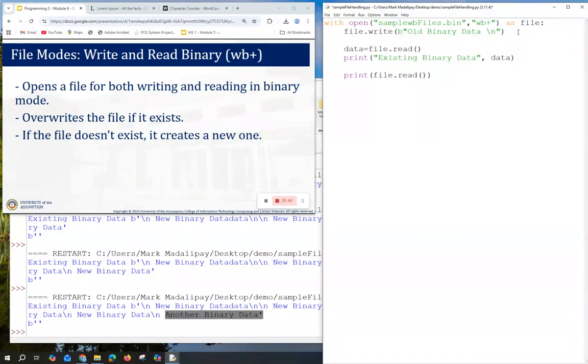Then we have the file.seek(0), which will move our cursor to the beginning. Okay, then we have to print.